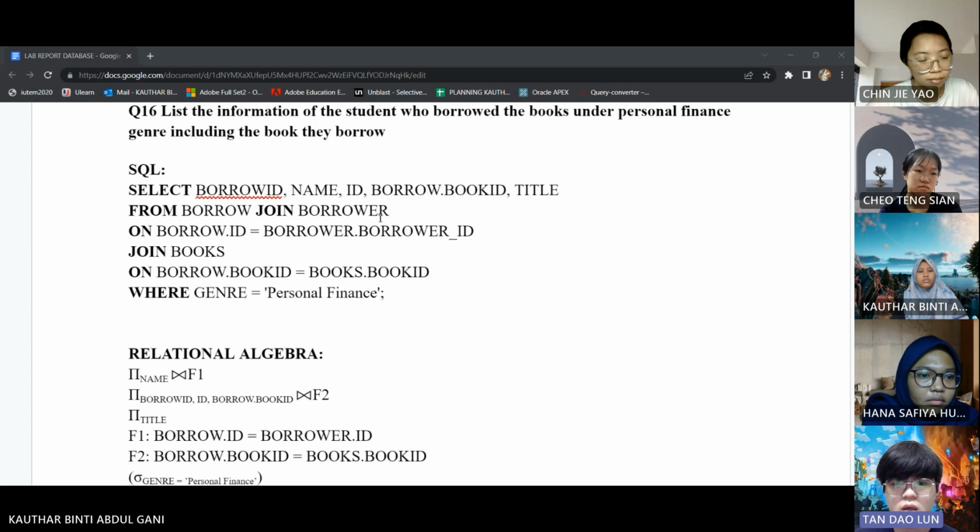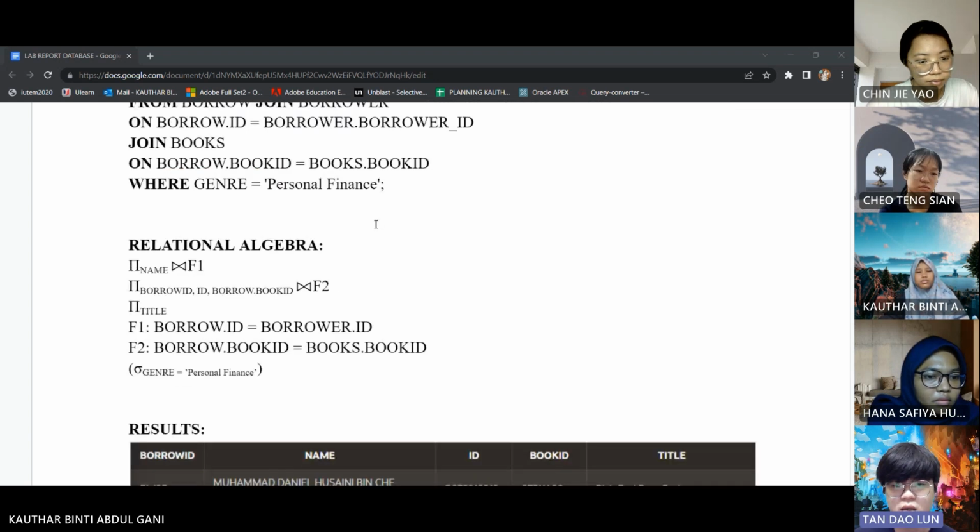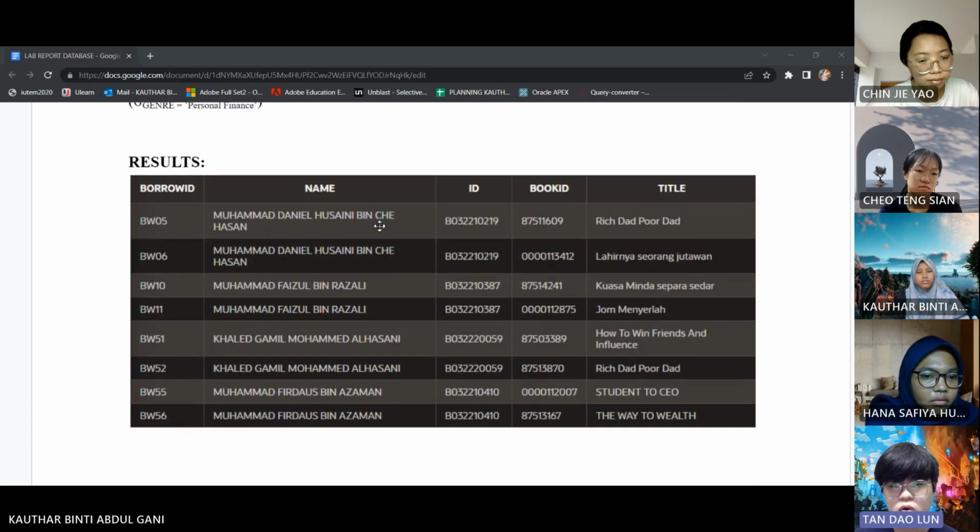And we put the condition where genre equals personal finance. And then in the results, you can see that we display the borrow information, the student's information, and information about the books under the category personal finance.